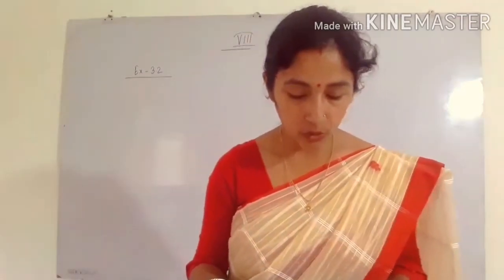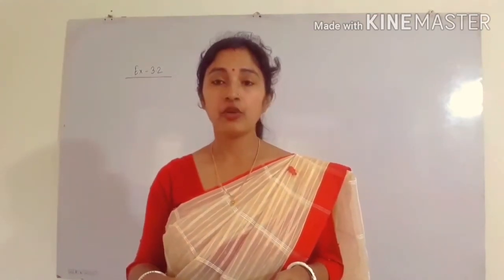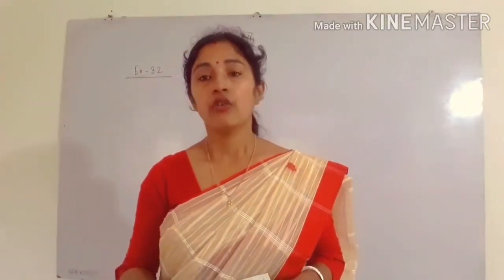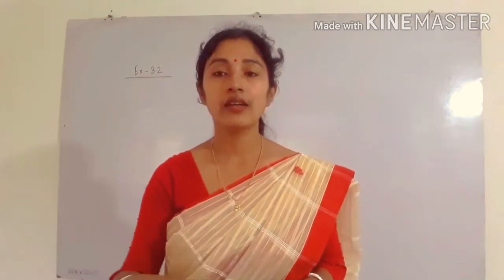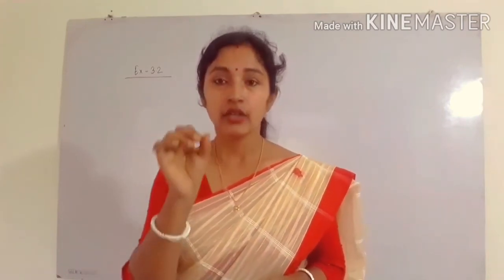Next come to question number 2. Write down the digits of the following squares. Here you don't have to find the square number, you only have to write the unit place. Remember, I am telling you many times that you have to answer directly what is asked in the question. Don't answer extra. Whatever they are asking, you have to give that much answer. Don't write extra or less. Write to the point.